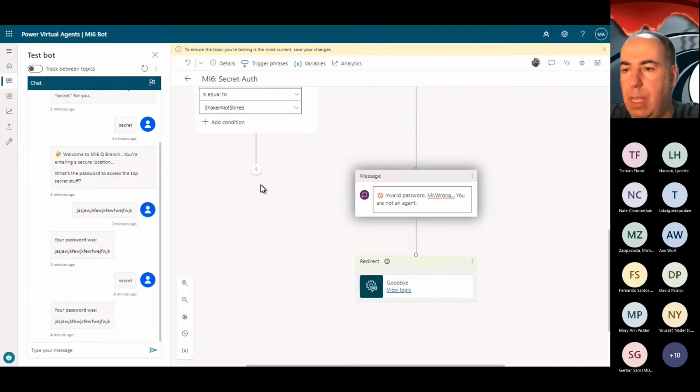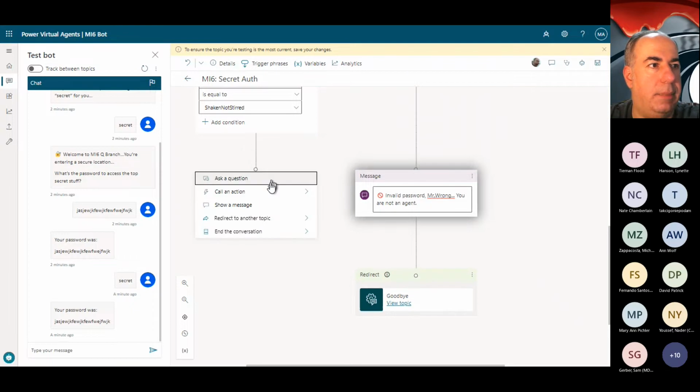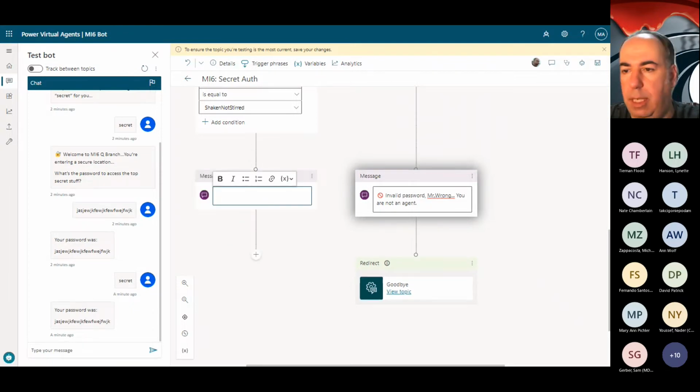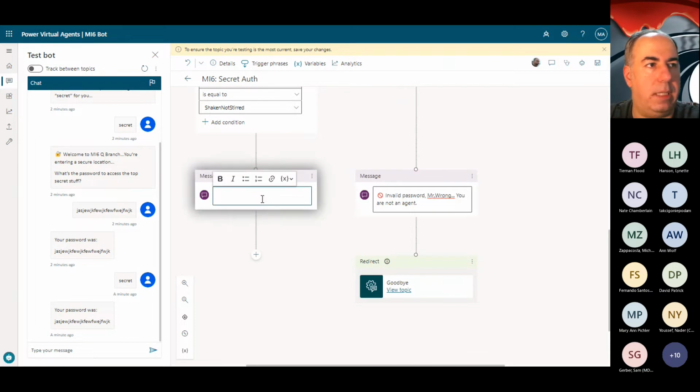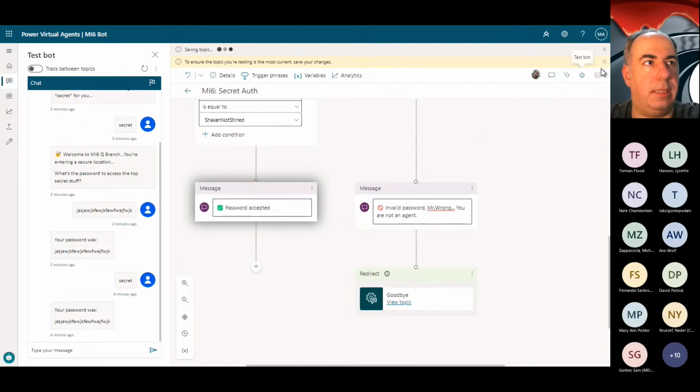And it says goodbye. For the other one, I'm just going to add something that says show a message, and I'm just going to say something like this, okay? Password accepted, something like this, okay? So if this is okay, this will work. So I'm going to click save on both of these, and then I'm going to try